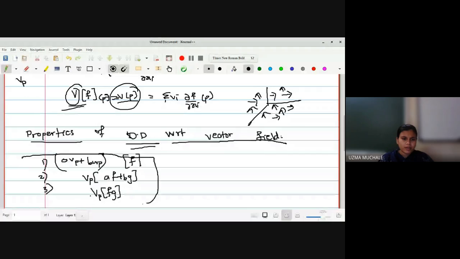What we were discussing is that we are now going to find the properties of a directional derivative with respect to a vector field. These properties we have already seen. Those who remember, we have seen these properties of a directional derivative with respect to a tangent vector. This property we called linearity in the tangent vectors V_p and W_p, this is called linearity in f and g, and this is the Leibniz rule for the multiplication in the directional derivative.